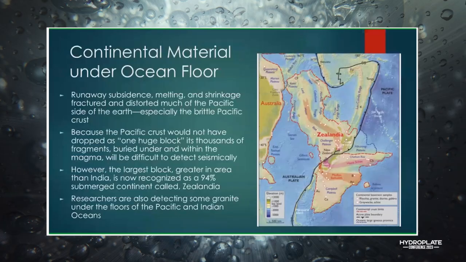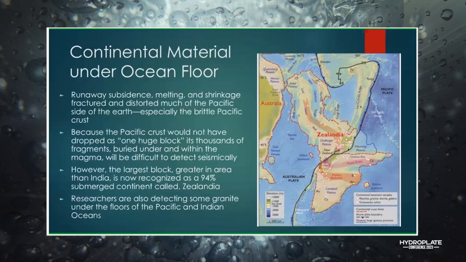And it turns out, and I think somebody mentioned this in one of the earlier talks, that scientists have just recently realized that the country of New Zealand is actually part of a much larger submerged continent. It's a large continent that meets all the requirements to be a continent, but it's 94% submerged. The parts that we do see above the ocean level are the country of New Zealand, but other parts of that continent are 1,000 to several thousand feet deep. But much like other continents, it's made out of continental crust material. It has continental shelves, and only part of its land is above water, and the rest is submerged below.